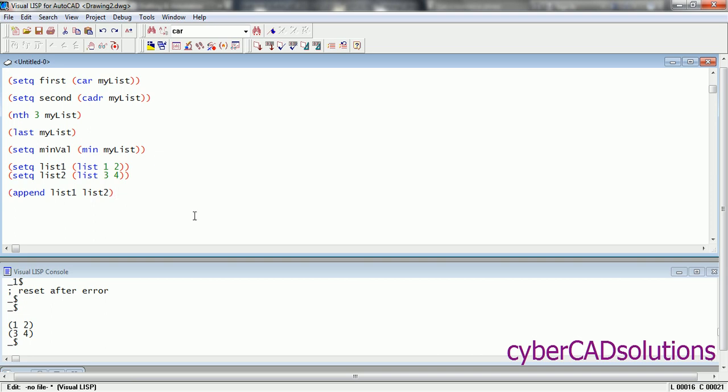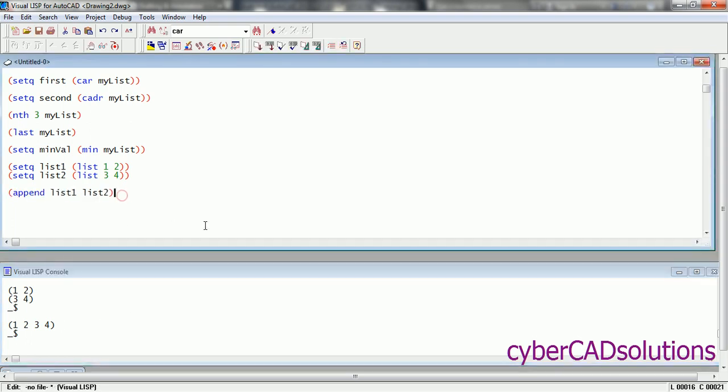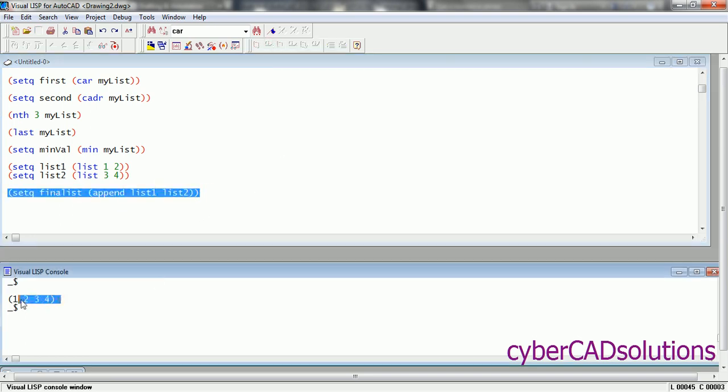If you have multiple lists, you can add to the end of this statement. So select this statement and click load selection. You can see the combined list is returned in Visual Lisp console window. Similarly, if you want to store this into a variable, write setq, say final list, and a closing parenthesis at the end. Now load this statement and you can see 1 2 3 4 is returned, which is stored into